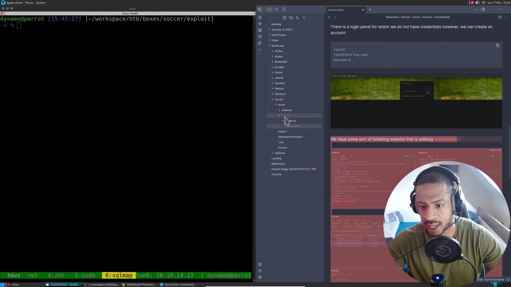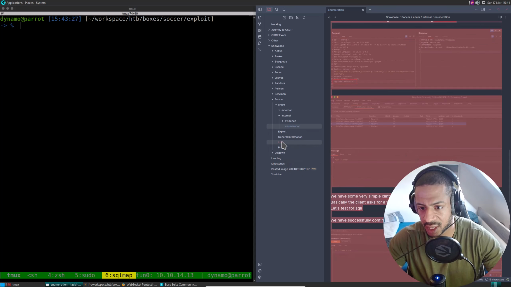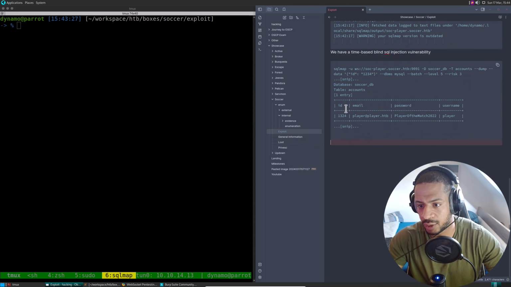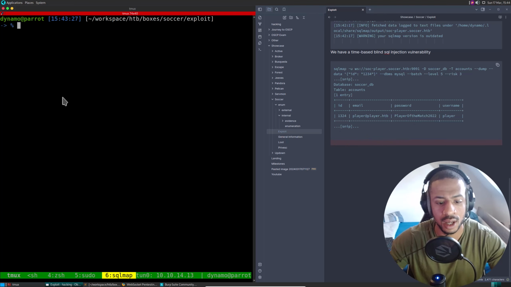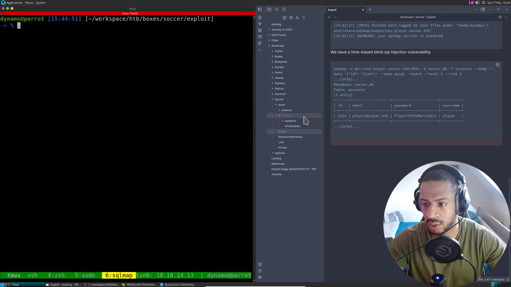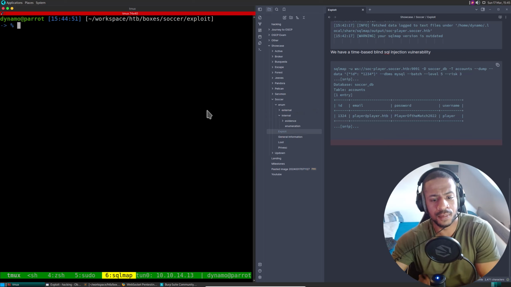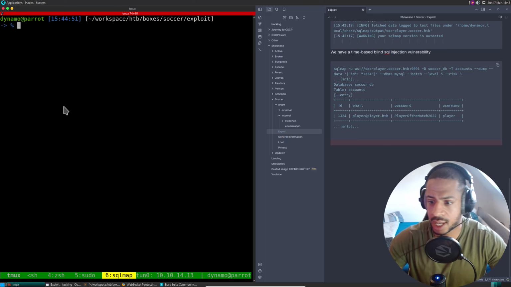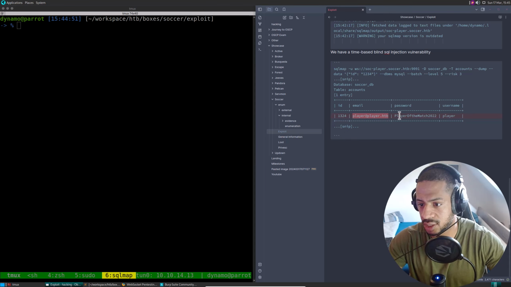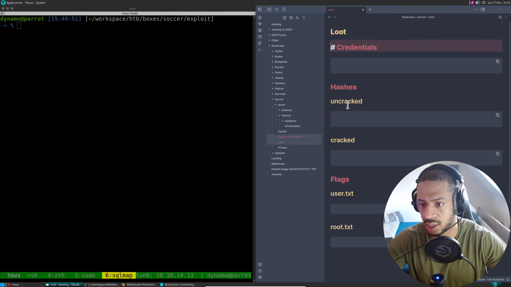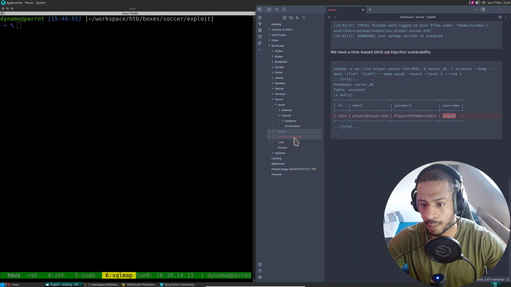Okay, we are back, and I am copying this into the exploit, and we have credentials. I've pasted them here and cleaned the terminal. So let's continue. This actually took quite a bit of time, but we're finally done with it. First, these are credentials. So let's take this, loot. This is the password, I guess, and the username, loot.